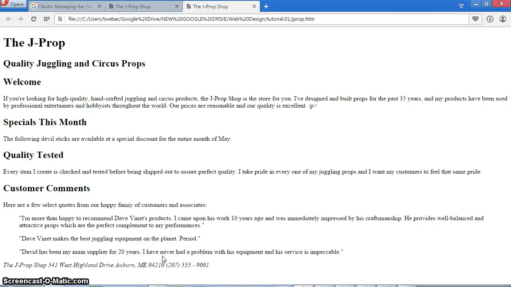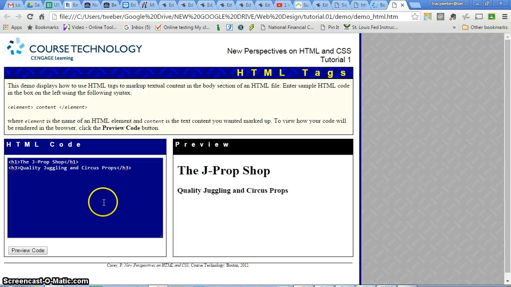Making a list. They show you an example on page 35. An ordered list starts with OL. The tag is OL. Unordered list is UL. Okay, let's go ahead and make the ordered list. Well, we're going to go to the demo. Okay, so I did that in Chrome. So I'm going to come over here to the demo, and I'm going to delete the code that's in there and get rid of that, and I'm going to do